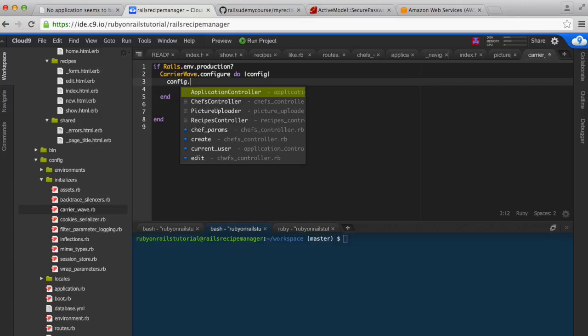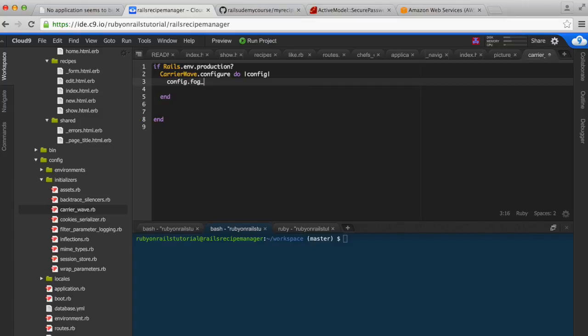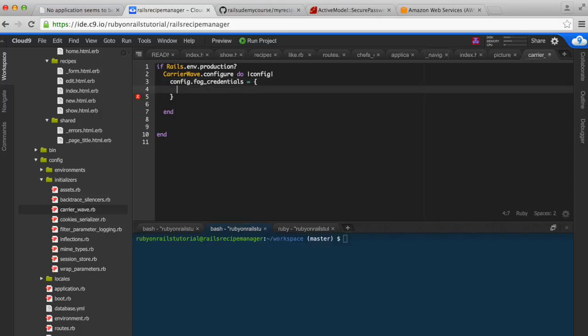So config.fog_credentials equals :provider, and we're going to say within quotes AWS for Amazon Web Services, :aws_access_key_id,